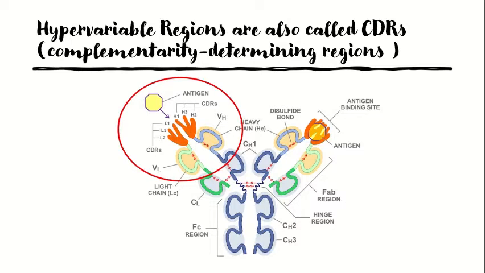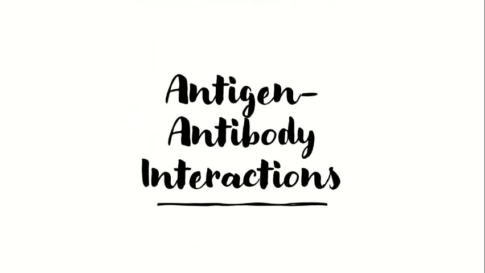And this is an entire concept known as combinatorial diversity, and I'm going to be discussing this in a later video. This is one of the reasons for the magic of how our immune system works. So now that we have quite a bit of an idea about the variability that exists between antibodies, let's see how these antibodies interact with their particular antigen.